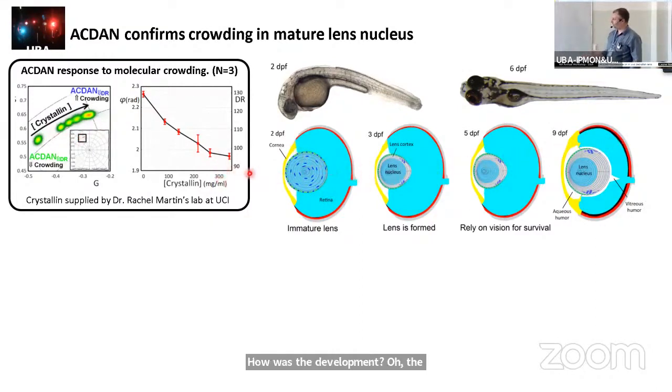And then we wanted to study how the development of the lens proceeds across time. And there is an interesting point here. At the early stages, the lens cells have all the organelles. But over time, they lose the intracellular organelles, the nucleus, the mitochondria, etc. And these cells are basically staying there without these organelles, and it's really important for the homeostasis to bring in new nutrients and remove the waste with these changes in the osmotic pressure, etc.